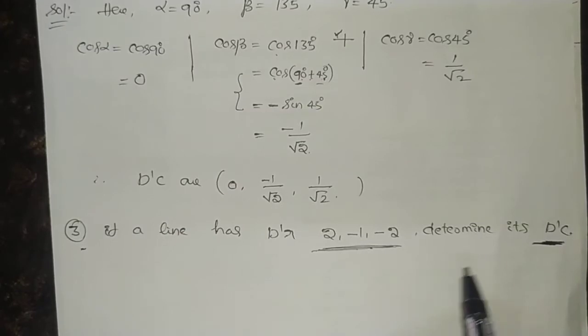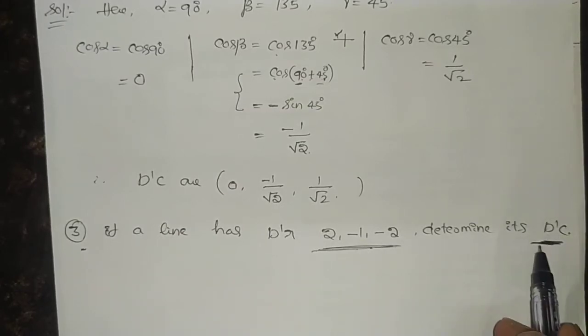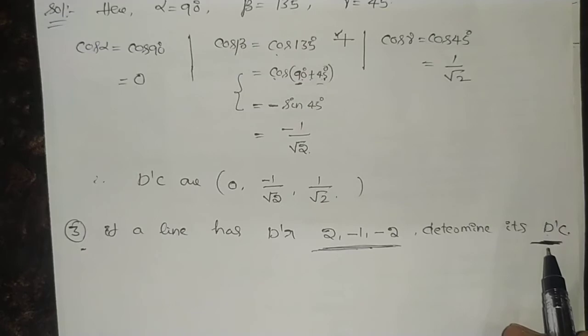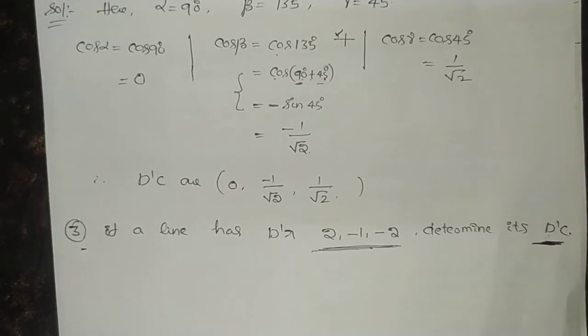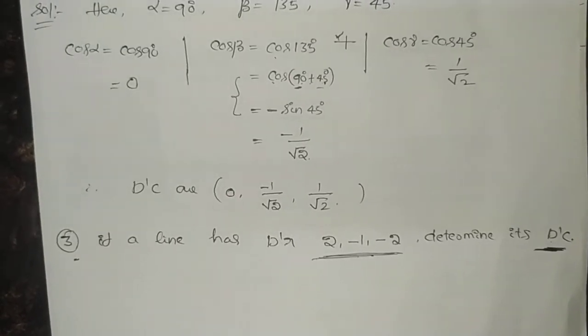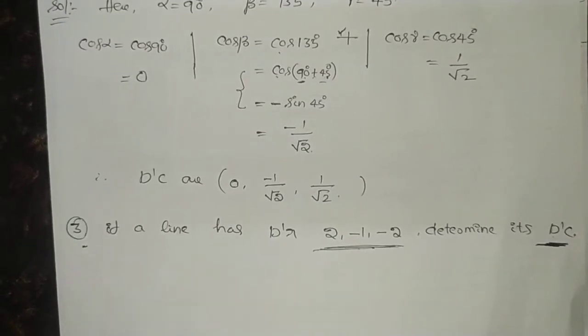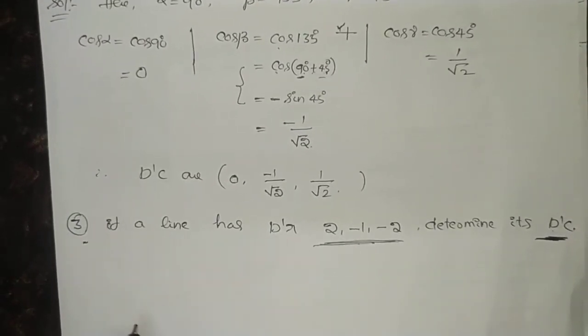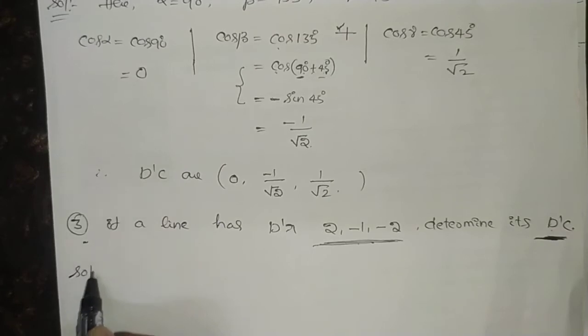What is the formula to find the direction cosine of a line if we don't know the angles? We have the formula: l equals plus or minus a by square root of a square plus b square plus c square, m equals plus or minus b by square root of a square plus b square plus c square, n equals plus or minus c by square root of a square plus b square plus c square, right? That formula we are going to use. Before that,